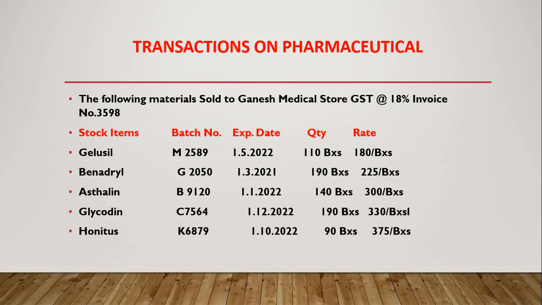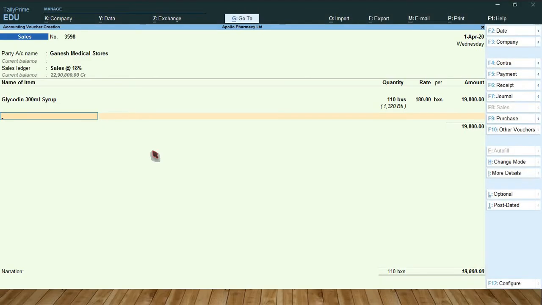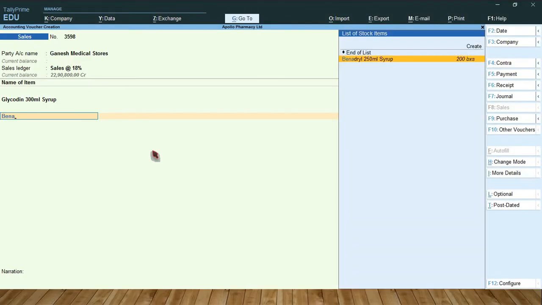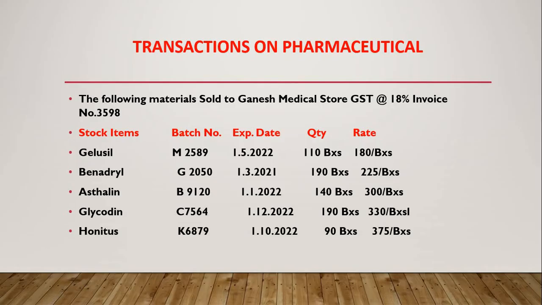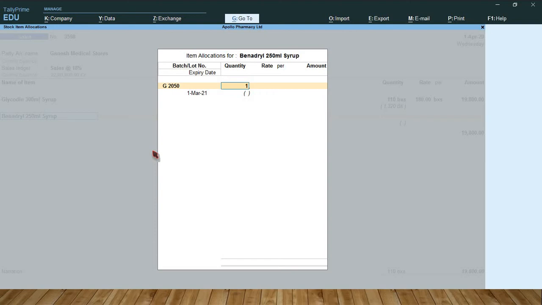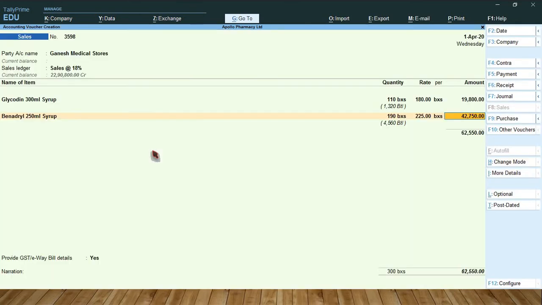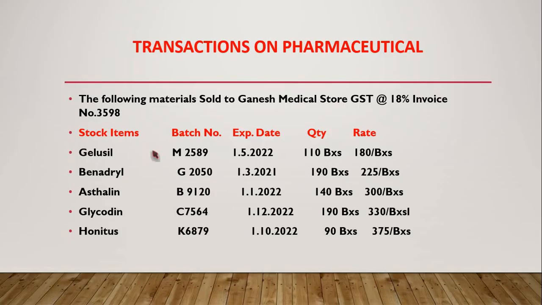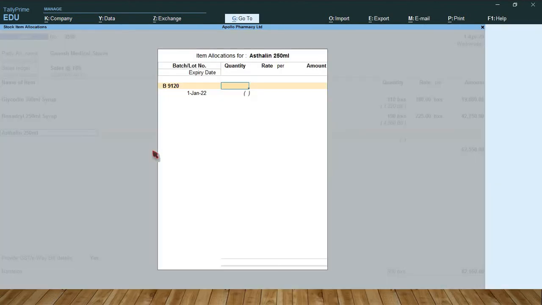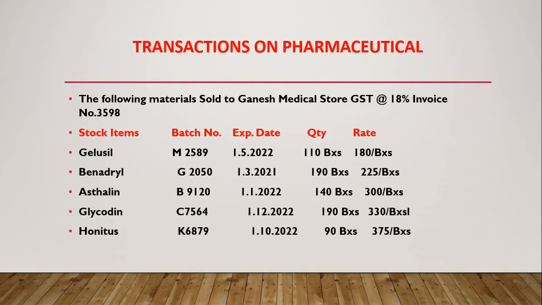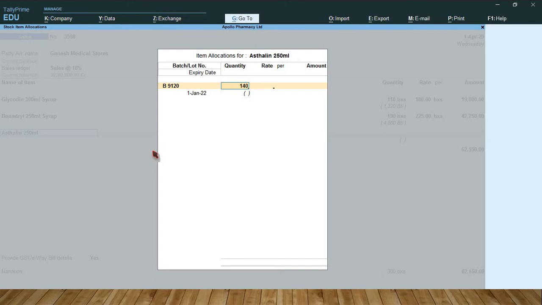So next one, Benadryl, so quantity 190 box, 225 per box. Astelin, 140, 300 per box.